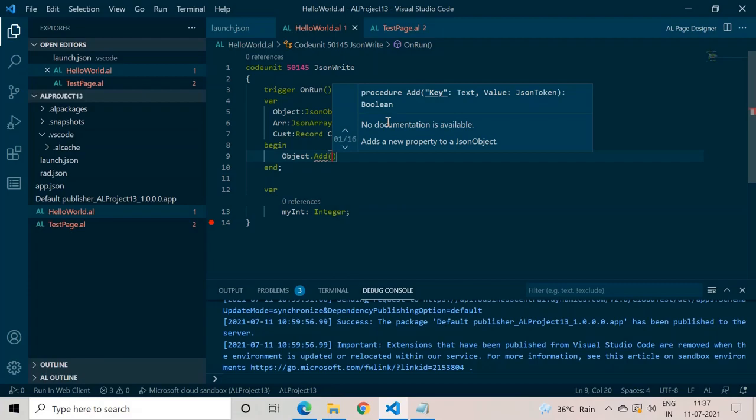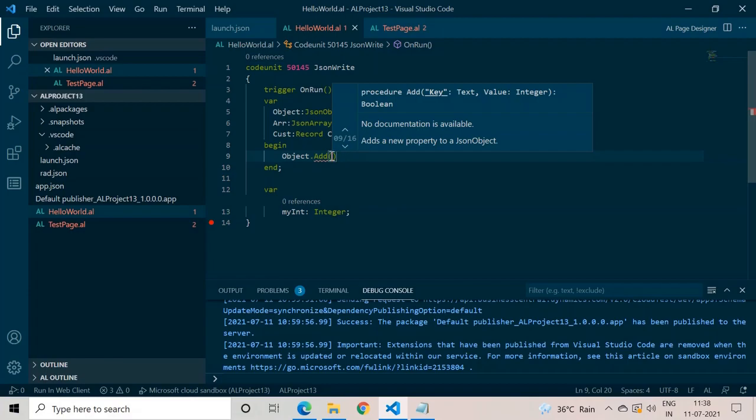Okay, so if we see the parameters, the first is text, the second one is JSON token. This means this function can take a JSON token, it can take a JSON object, JSON value, JSON array, boolean, char, byte, option, and almost every data type which stores data in our Business Central table.